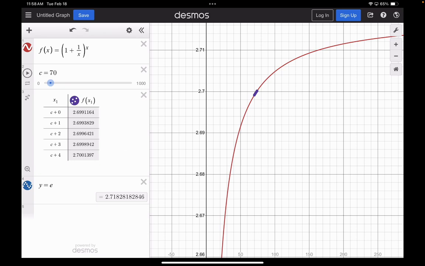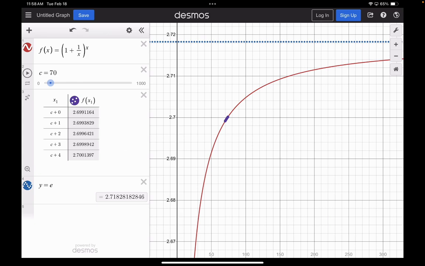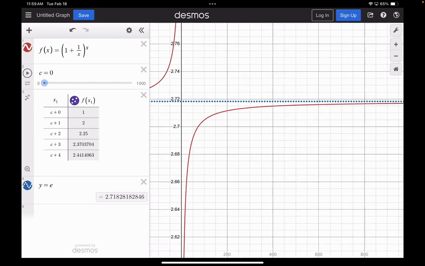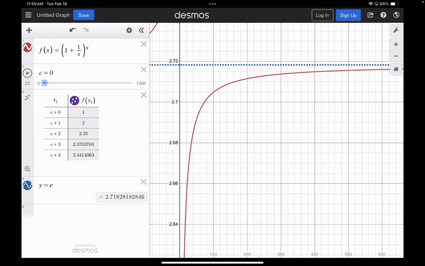I forgot, what is E? This is the limit. This is the horizontal asymptote. This is the limit as I have more compoundings per year. So C plus 1 would be 1 compounding per year. C plus 2 would be twice per year, or 3 times per year, or 4 times per year, or 5 times per year. So is that like the largest percent, or what, it's the limit of what? This is the limit of how much